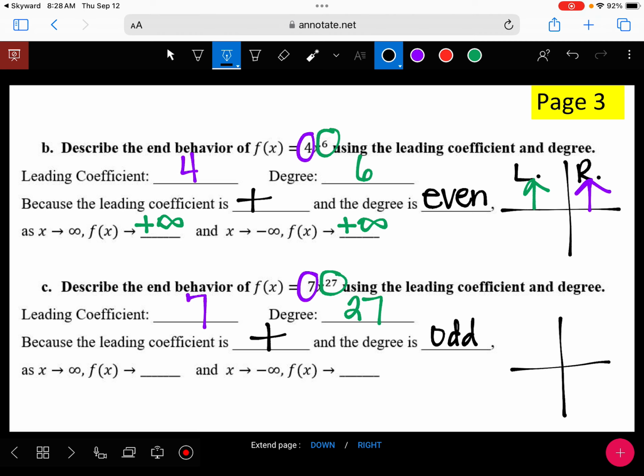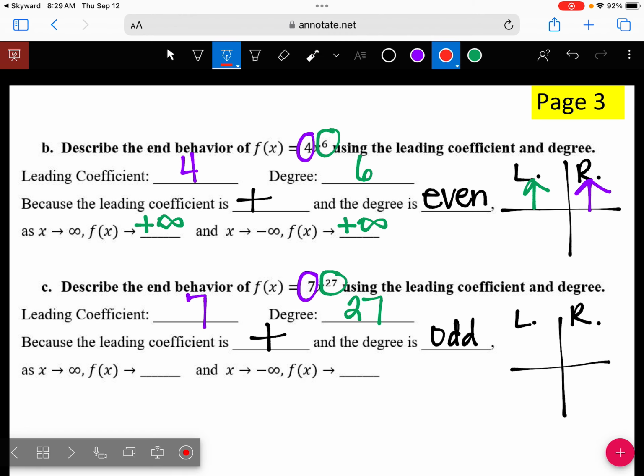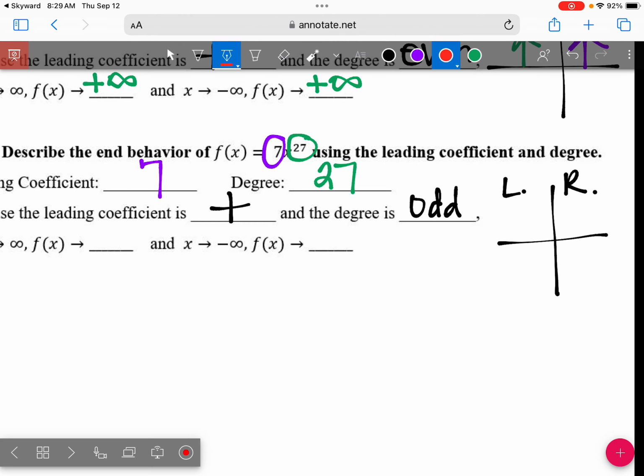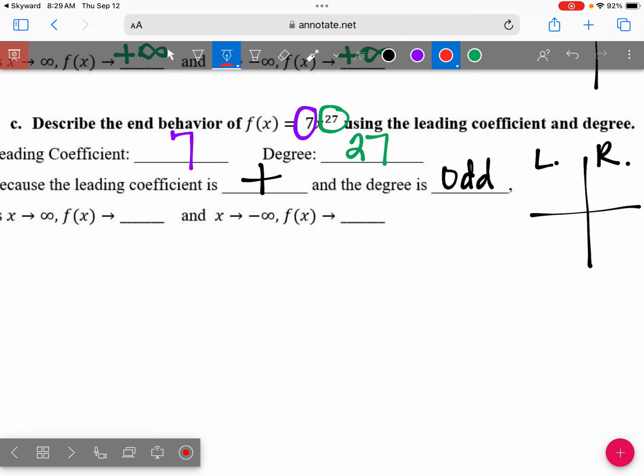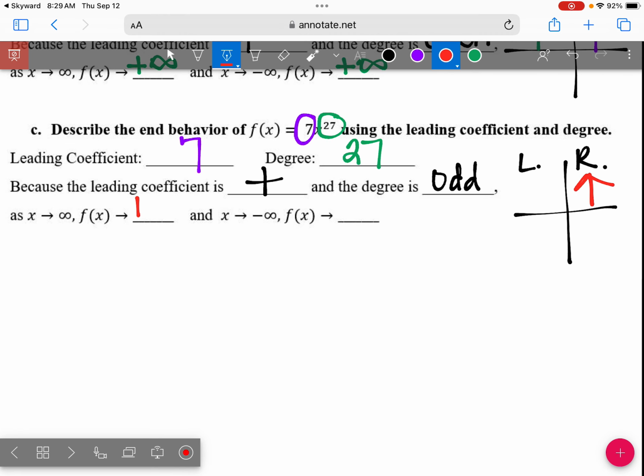So I'm going to make my little sketch here. Because this side is positive, which side is going to go up? The left or right? The right. This side controls the right. So on the right side, because this is positive, it's going to go up. Let me go ahead and pull this up so everybody can see it. So the right side goes up, so I'm going to put a plus infinity right here because that's what it does